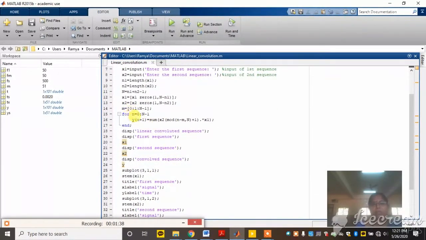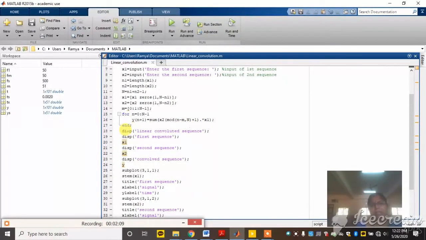Now I am going to use the for loop. For n equal to 0 to N minus 1, the data will be taken and stored, y of n will be incremented, and up to the last value it will be taken and the process will continue. The dot symbol represents the element-wise operation. So x1 and x2 we will perform linear convolution, and then we have to add the output.